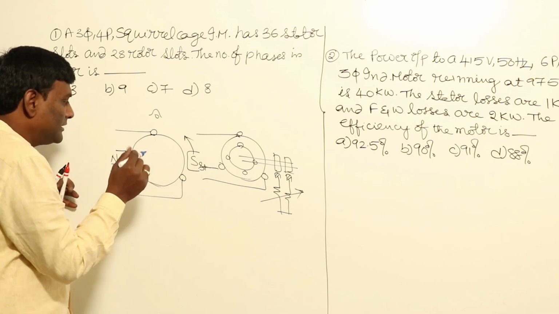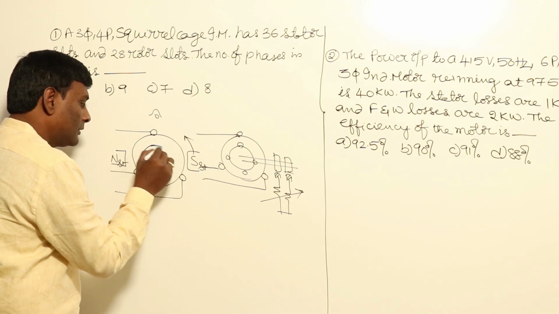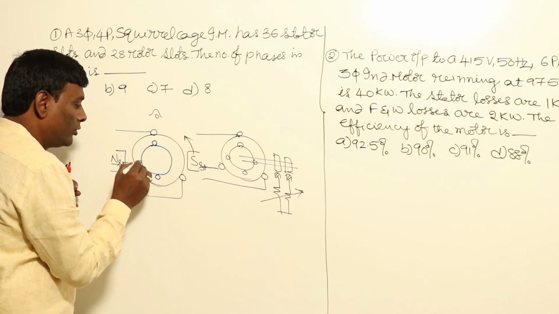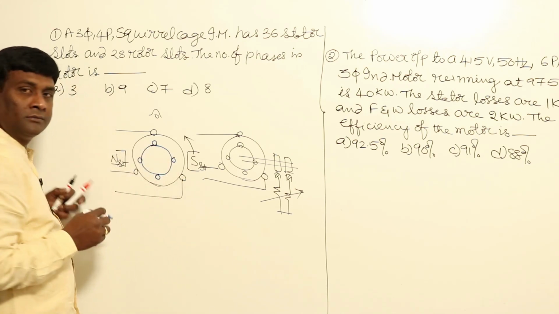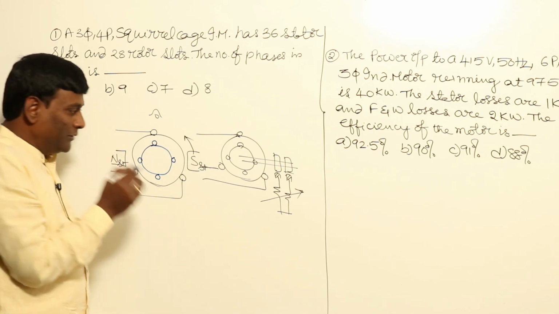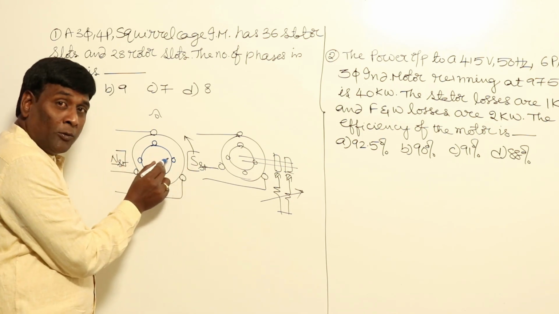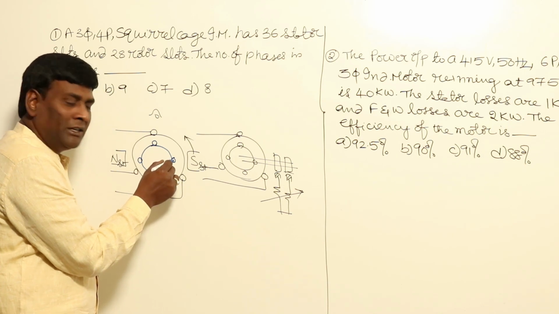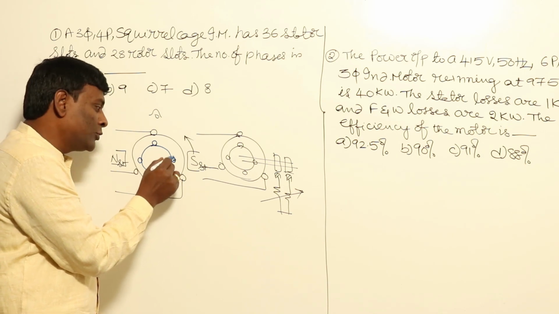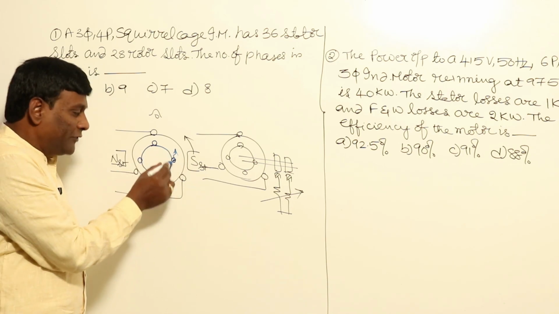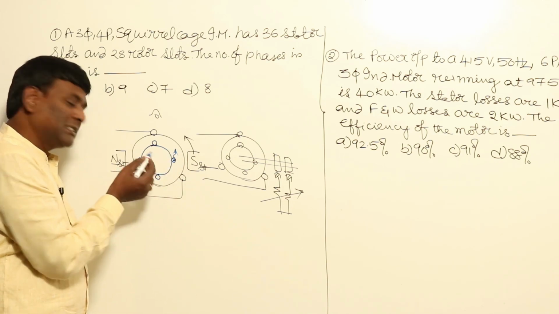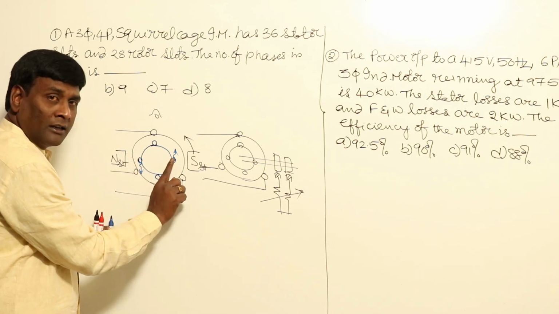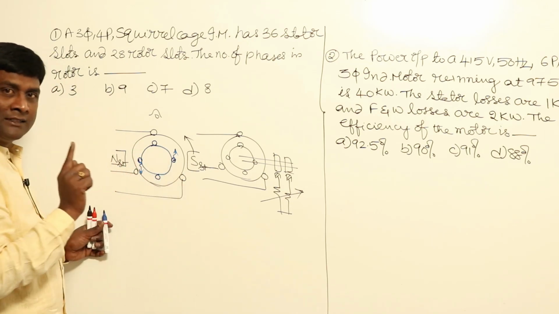Now, let us think of rotor. In my rotor, for example, if I have 4 slots, and it is at the center of the pole, how much will be the induced voltage here? Maximum, dot or cross, whatever it may be. I'm not saying whether it is dot or cross, but it is going to be maximum. So if it is positive maximum, the other is going to be negative maximum. Combinedly, back-to-back connection, if you see phase A conductor or phase X conductor, back-to-back X dash,